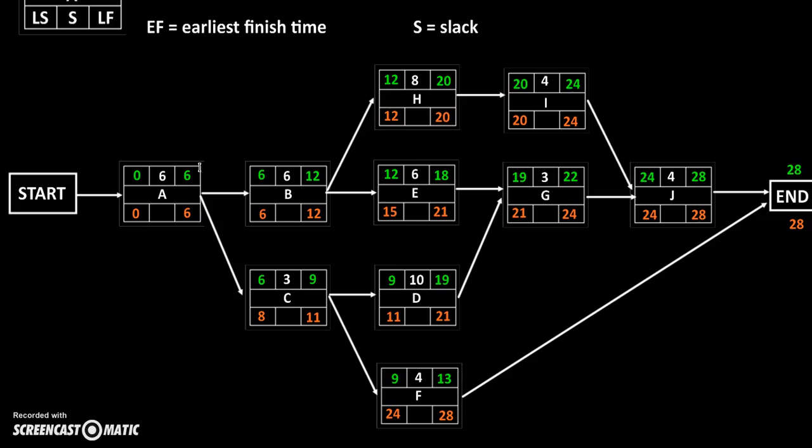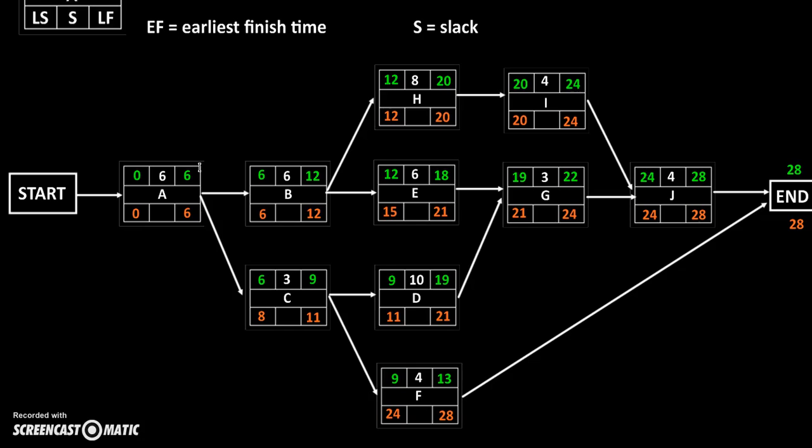In terms of a definition, slack is how much extra time there is to play with. If a particular activity has slack in it, then it is not as important that it be completed on time compared to an activity with 0 slack. An activity that has 0 slack must be completed on time because there's no extra time allotted to it. And so when we're trying to find our critical path,